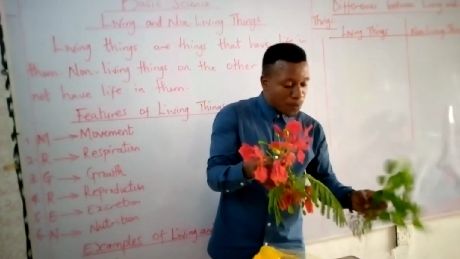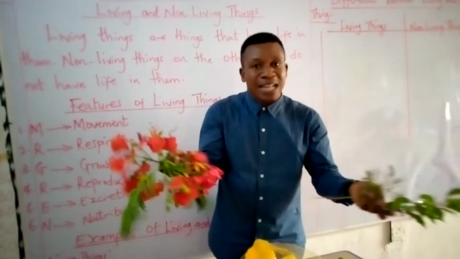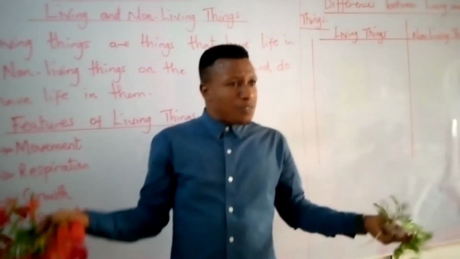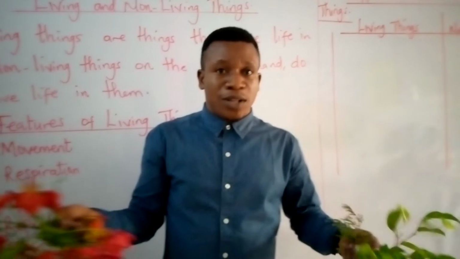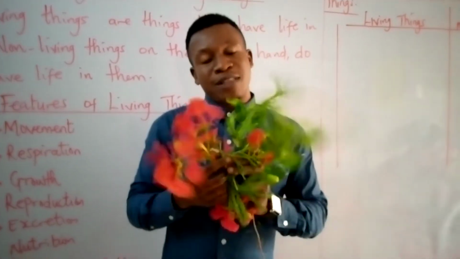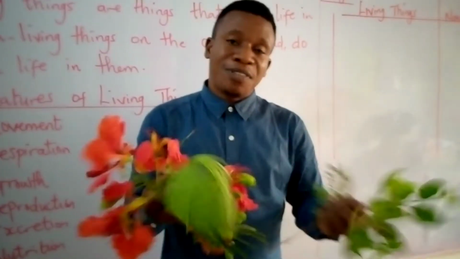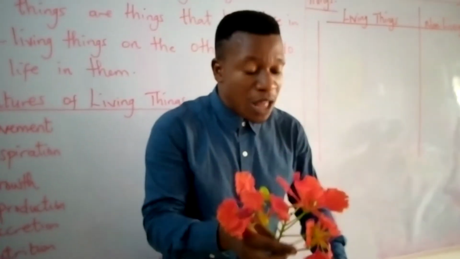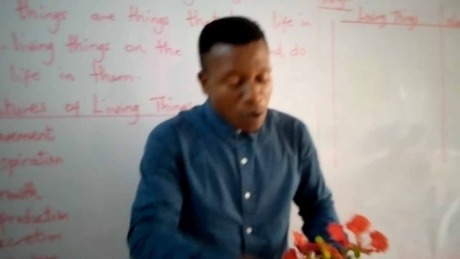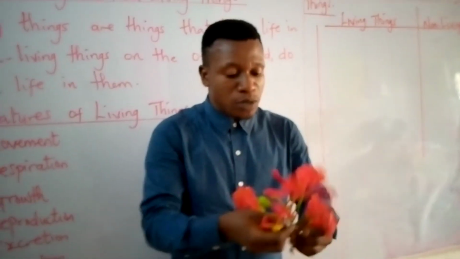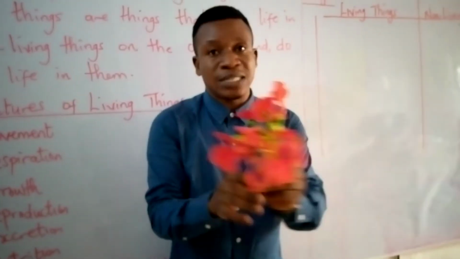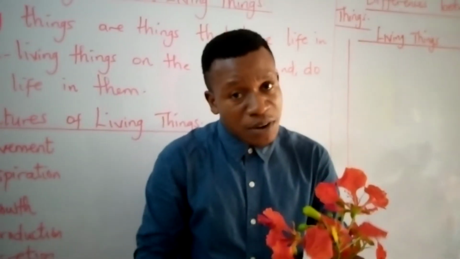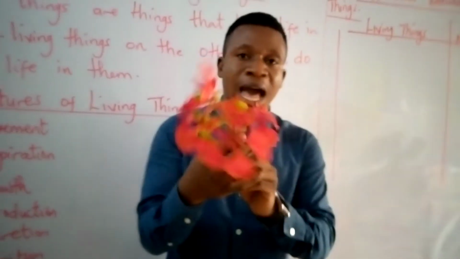Well, let me surprise you. Flowers or plants are living things. Yes, you ask me, but flowers don't have eyes, Mr. Michael. Yes, flowers don't have eyes, but flowers grow. They grow from the soil. Remember? Flower grew from the seed, from one stage to another, and became its blossom, as you can see. So it grows from the soil, from a very tender small age to how it is now.